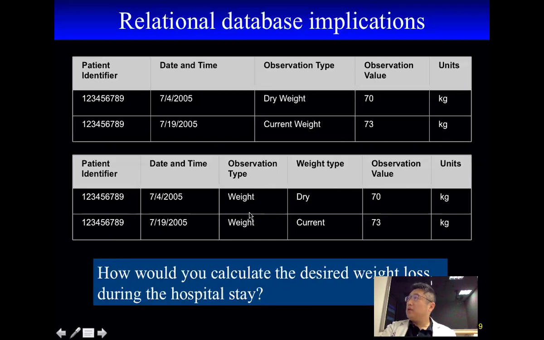If you want to retrieve the patient's body weight, then you just need to make a condition on this. But if you do it the other way, you need to scan all the data. So that's a kind of balance in data retrieval. Right now, we say the modern database, all the HIS systems, should provide both kinds of capability. I just want to show you, when you're designing a database, you need to think about this.